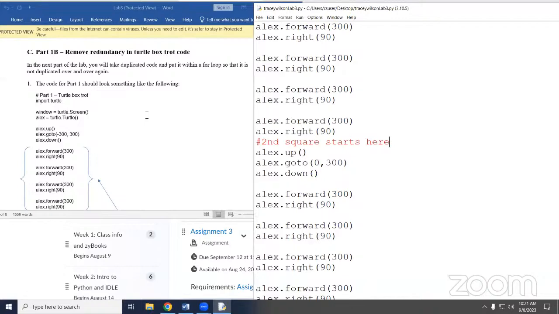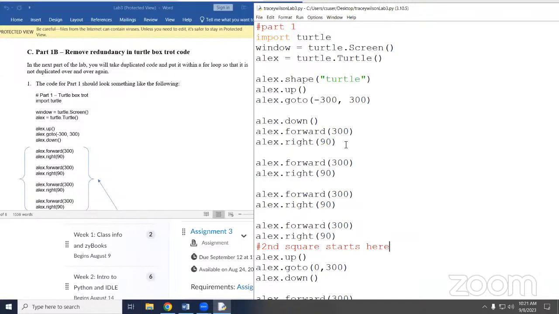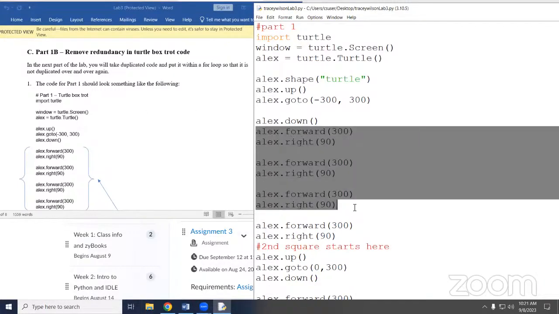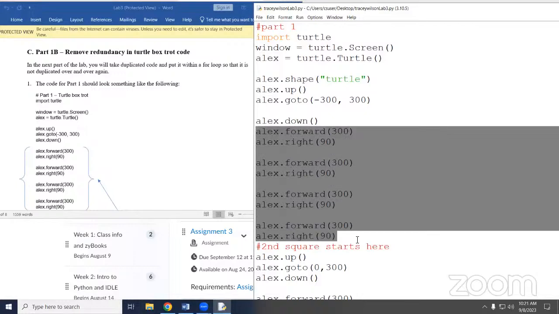All right, so if we're looking at our code, we repeated a lot of lines. And what did we learn new this week? Loops. So what do loops do? They repeat things. They loop. All right, I got a bunch of comedians in this class. So if I'm looking at my first square up here, these lines are very repetitive.